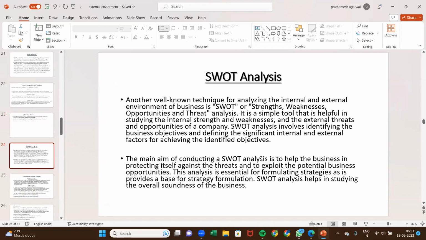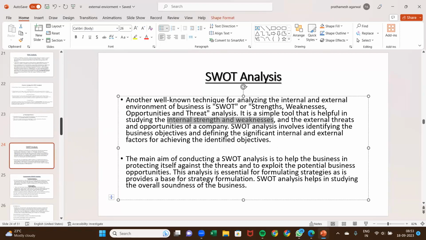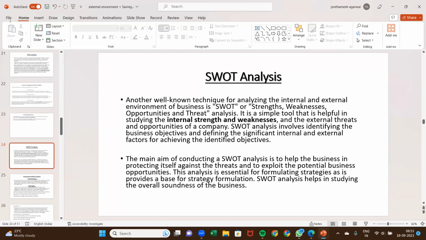Then next is the SWOT analysis. Another well-known technique for analyzing the internal and external environment of a business is the SWOT, or strengths, weaknesses, opportunities, and threats analysis. It is a simple tool that is helpful in studying the internal strengths and weaknesses, all right, and the external threats and opportunities of the company. SWOT analysis